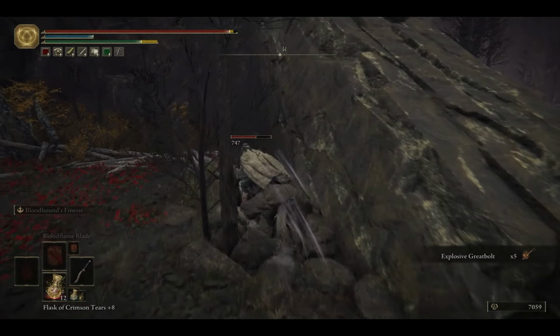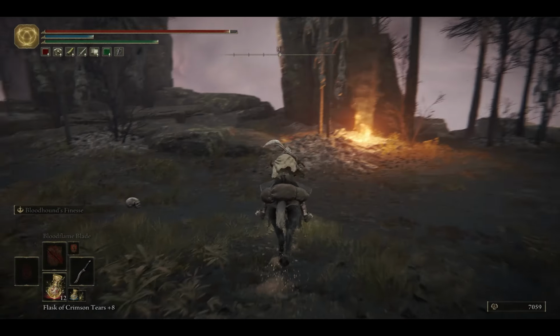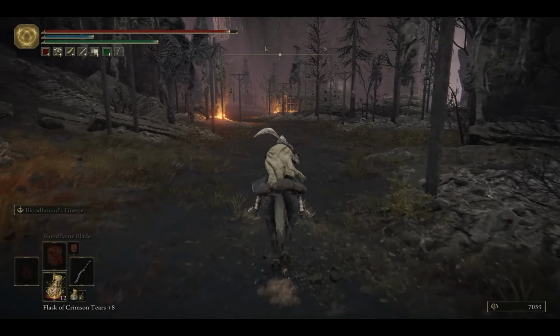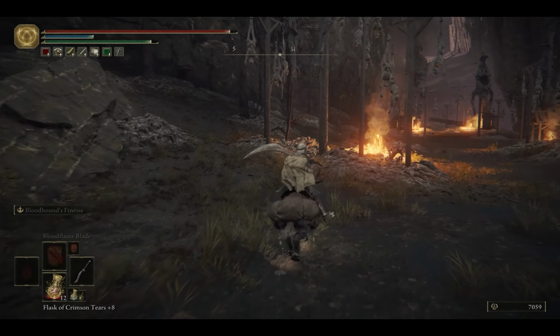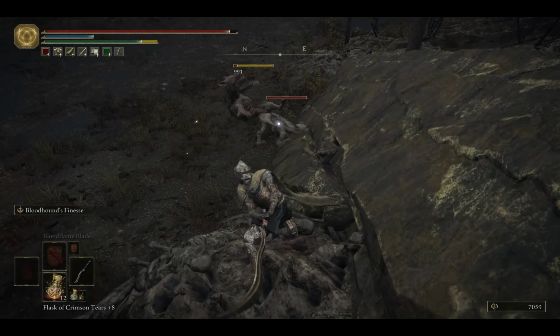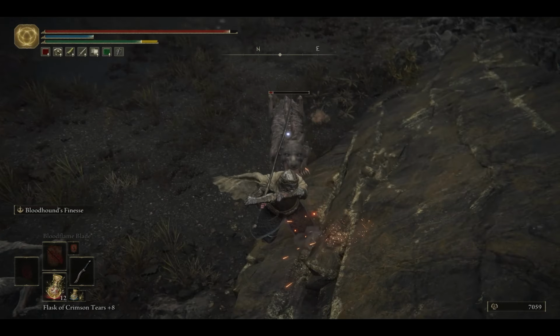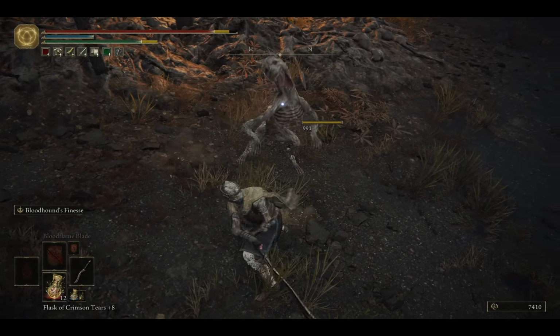So right now we're just running around this area, just picking up some stray loot. The only thing of note really is the Arteria Leaf, and then we're heading to the west here, and we're going to get invaded by Anastasia, Tarnished-Hunter, for the second time, and we're going to get the butcher knife,